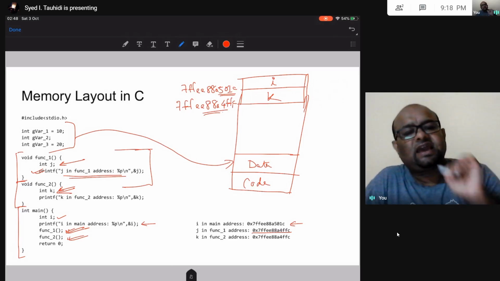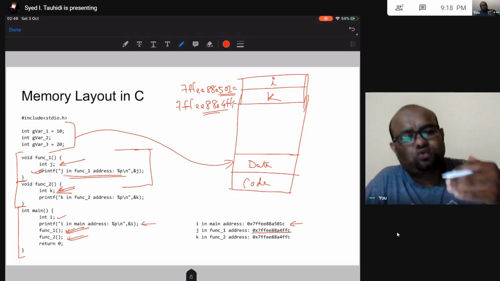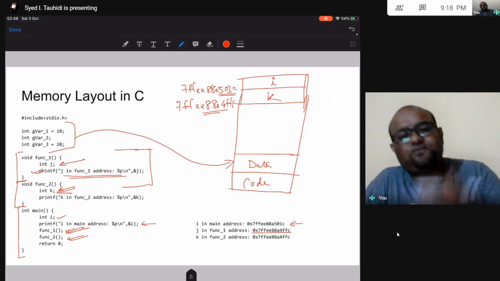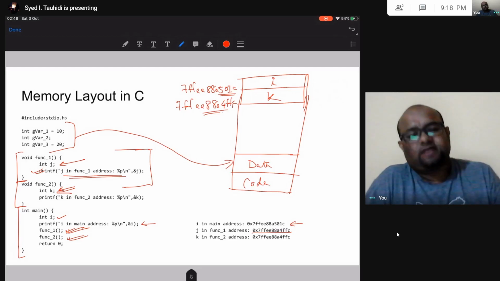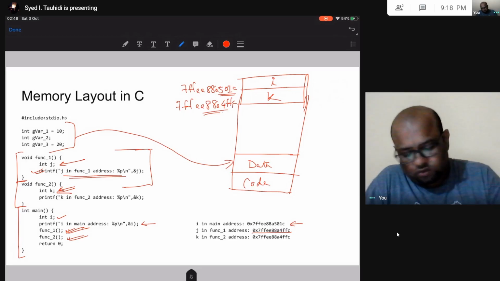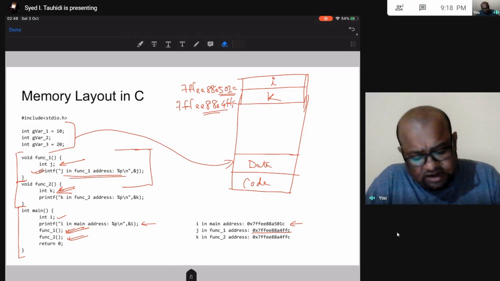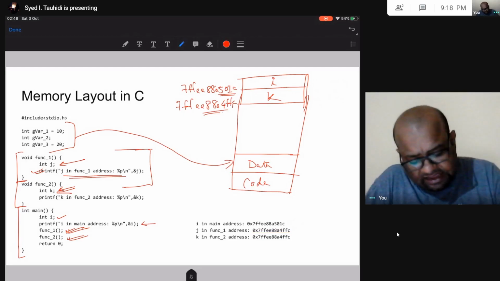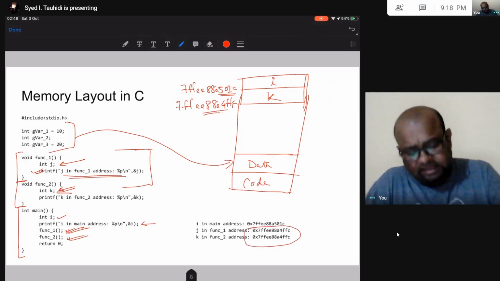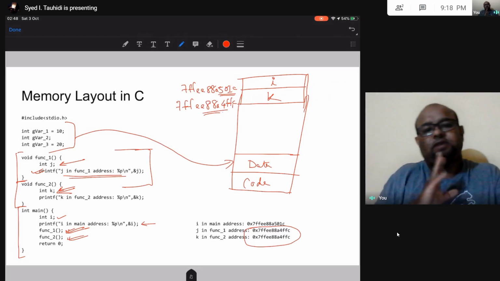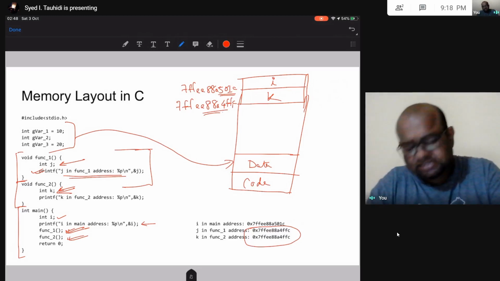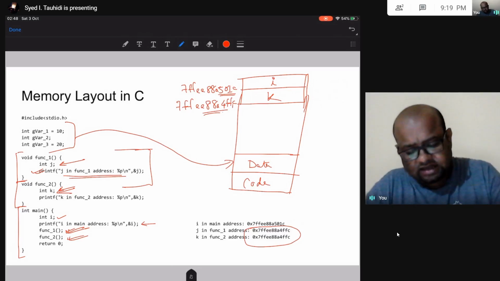This k of function 2 and this j of function 1 are occupying the same memory in stack, right? So when I print the address, I can see over here that both j in function 1 and k in function 2 are given the same address, and that makes sense when I look at this diagram.